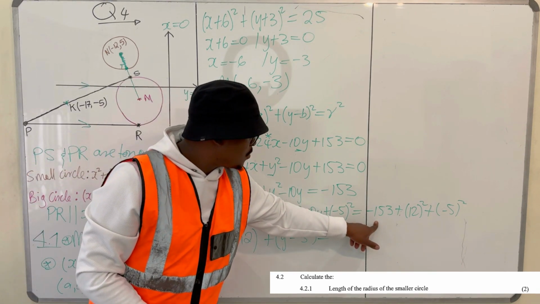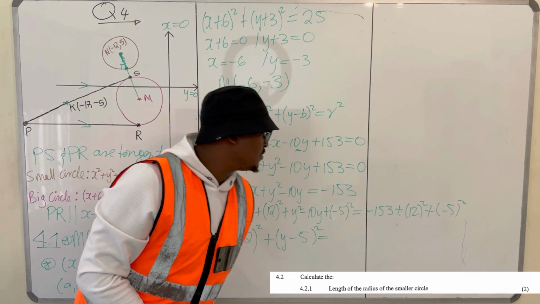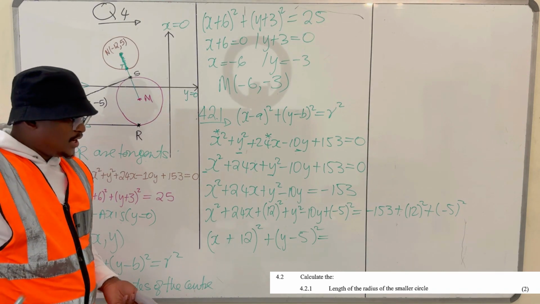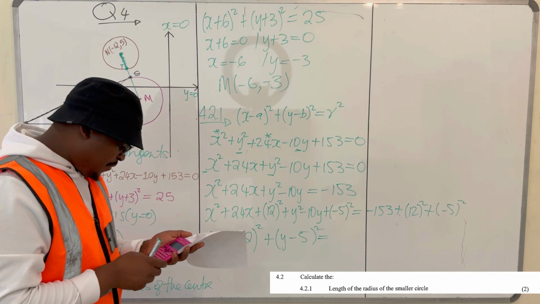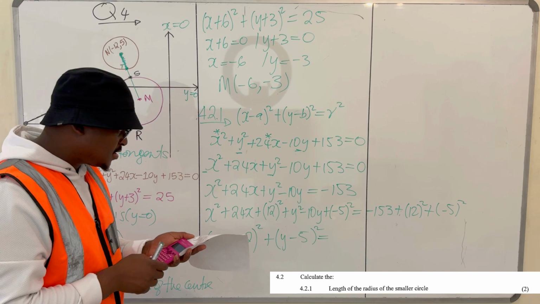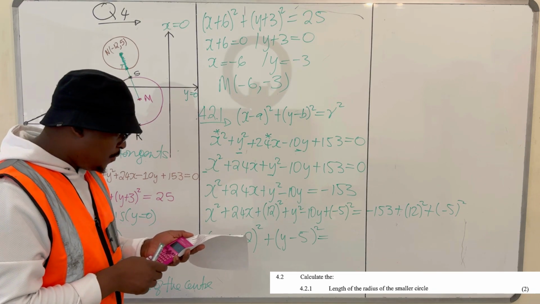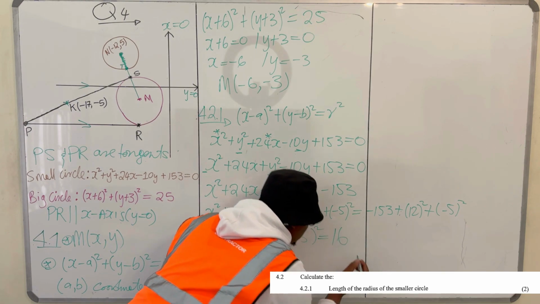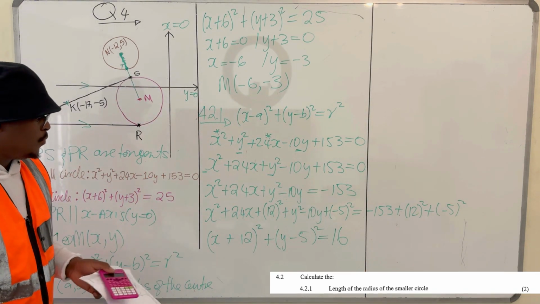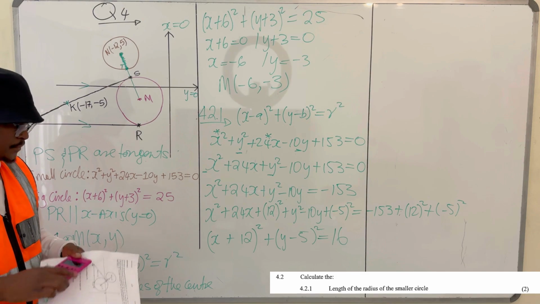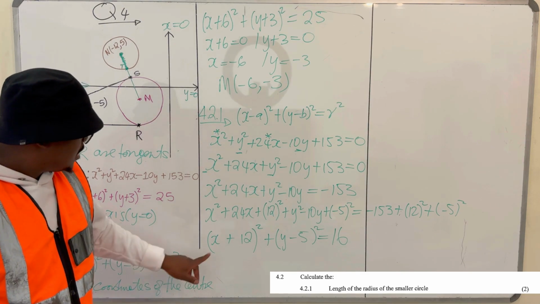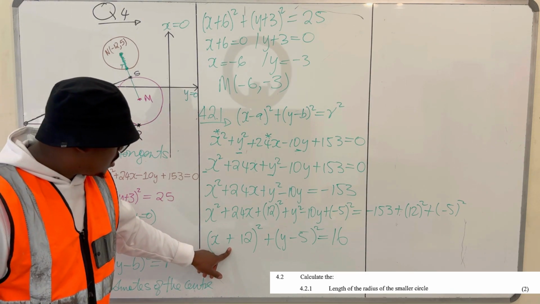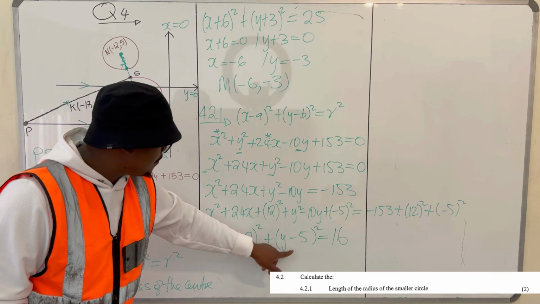Is equal to, take the answer of that. So on the calculator, minus 153 plus 144 plus 25. Let me do that on my calculator. So we have minus 153 plus 144 plus 25. So we get that this is what? This is 16. So what we have now here is x plus 12 all squared plus y minus 5 all squared is